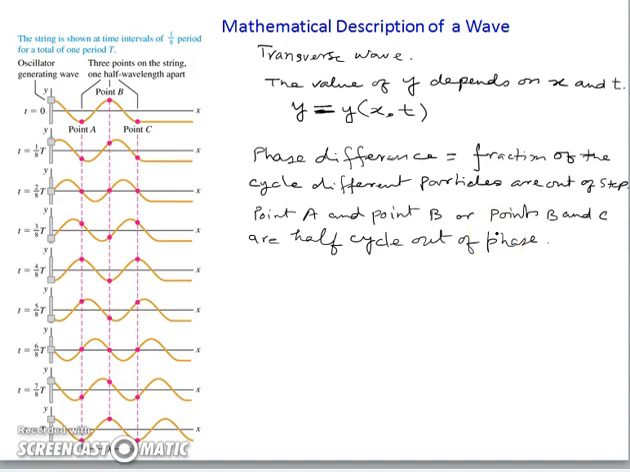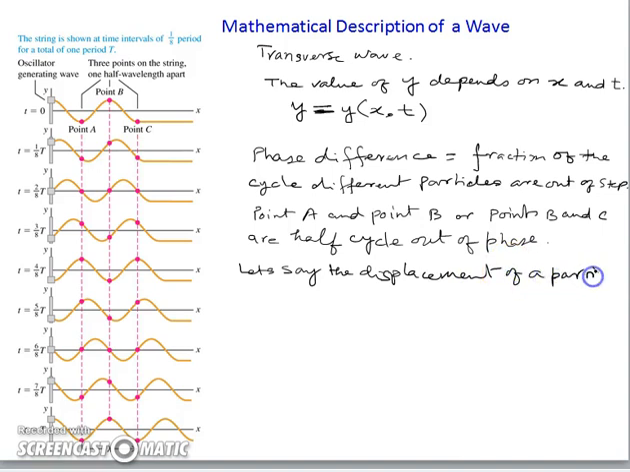Okay, so let me write it down. Let's say the displacement of a particle at the left end of the string, at x equal to 0,